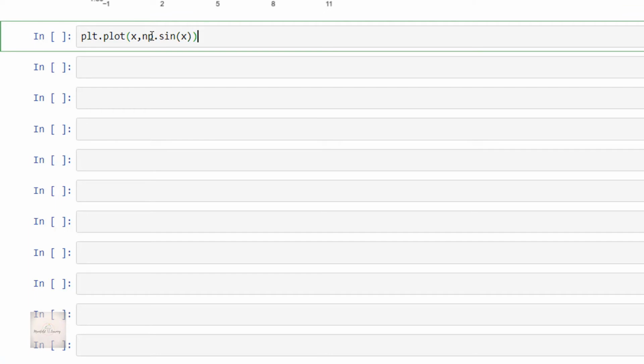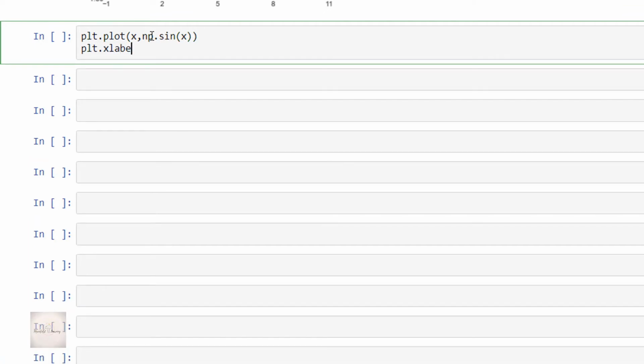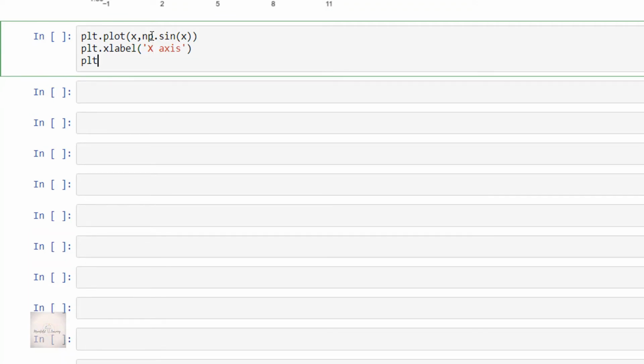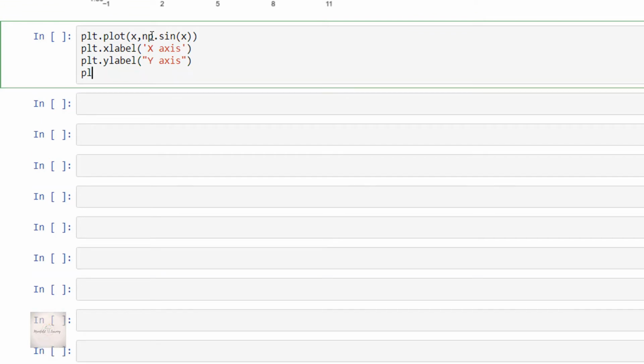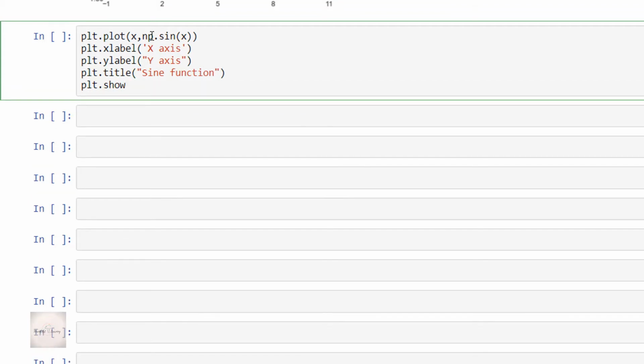Then plt.xlabel of x-axis, then plt.ylabel of y-axis, then plt.title of sine function, and then plt.show. Here I'm specifying the label of the x-axis as x-axis itself, and for the y-axis it is y-axis, and I have specified the title for this plot as sine function.